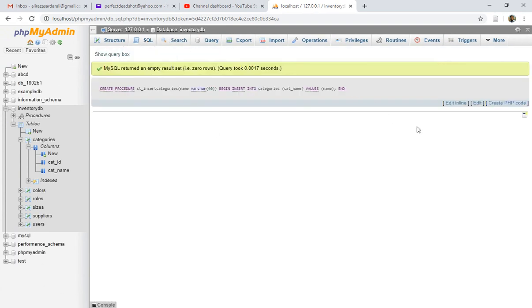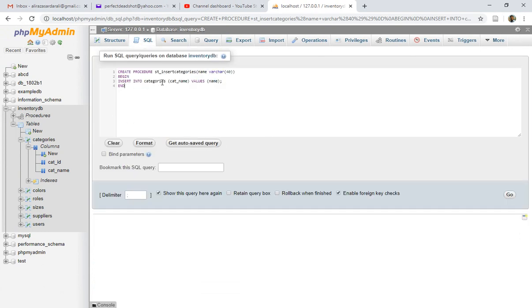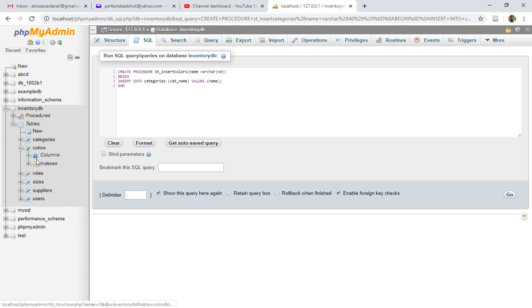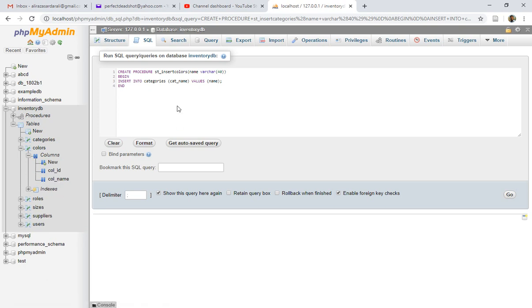Look, commands completed successfully. Let's click on the edit and change it to, after insert categories we have insert sizes and insert colors. So insert colors and then the name of the color, and the length I thought it was 40, but please do double check what was the length of this. So colors, let me close this categories, and then respectively I'll add the color_name. So here I'll change the table to colors, and it should be col_name, and then the name will